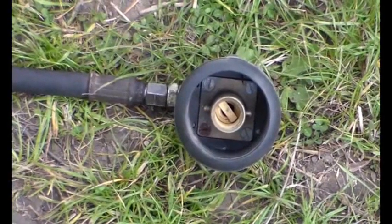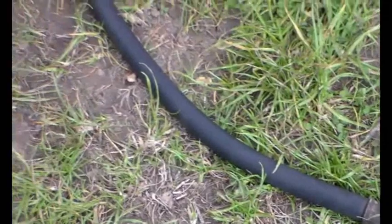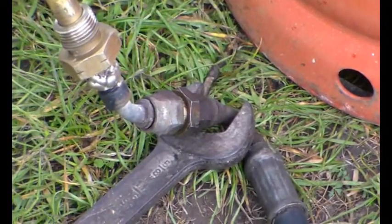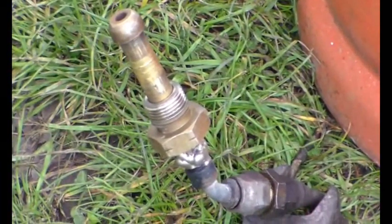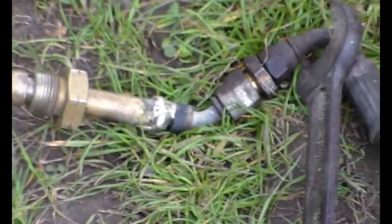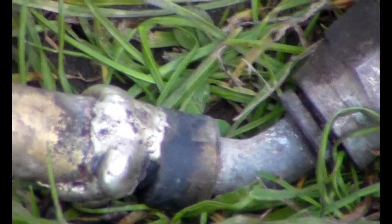So that's the filler port from a car, and then we've got a change to a hydraulic fitting and a piece of hydraulic hose, and then we've got another hydraulic fitting there, and it is brazed. You can't quite see. There we go. That's better. Where are we? So therefore that piece of hydraulic fitting there,